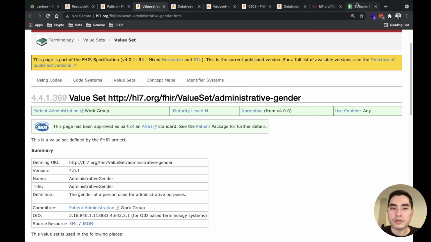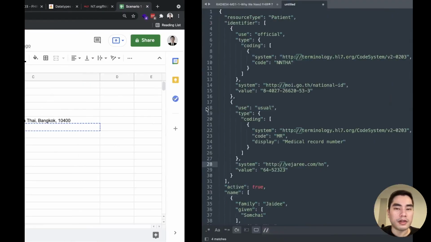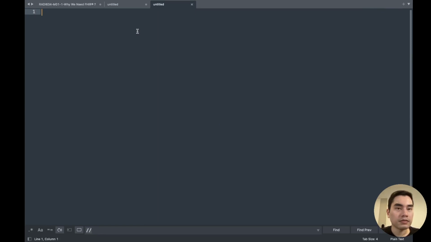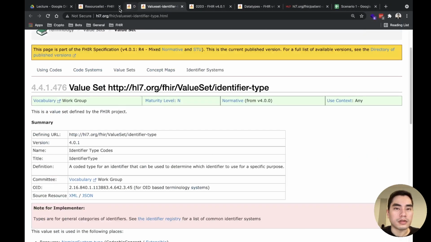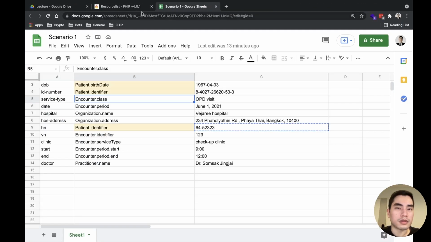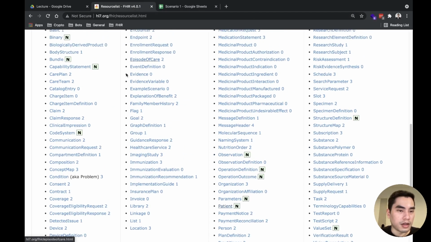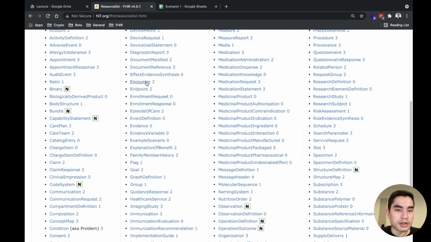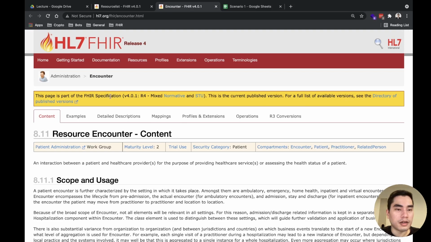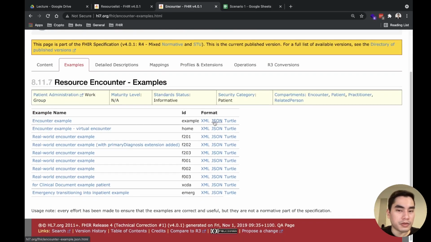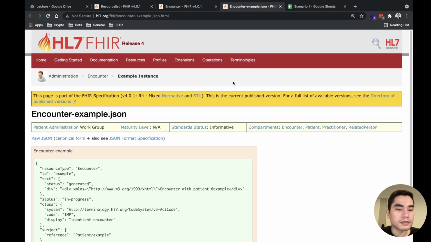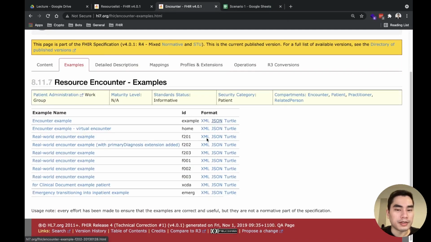Then the next, okay, maybe we start with encounter. So close, and encounter here, and grab some example. It's too short.